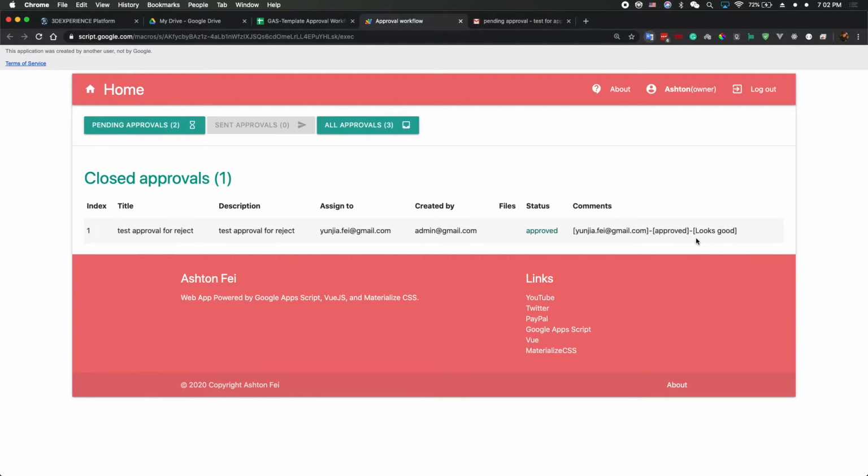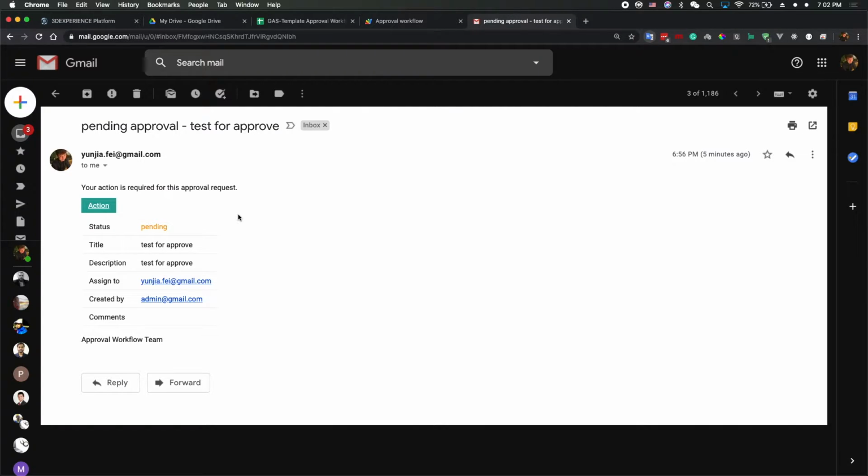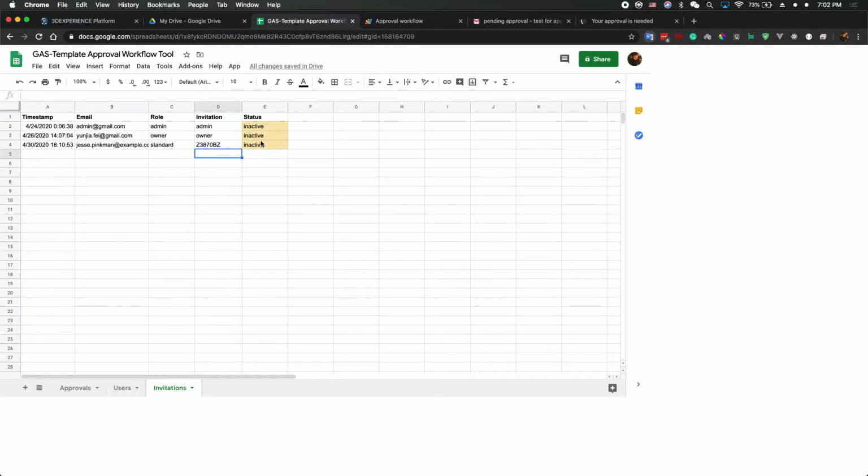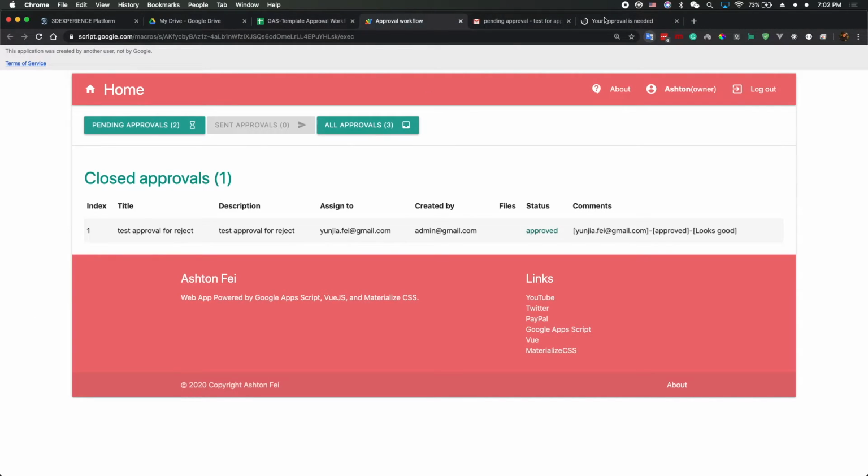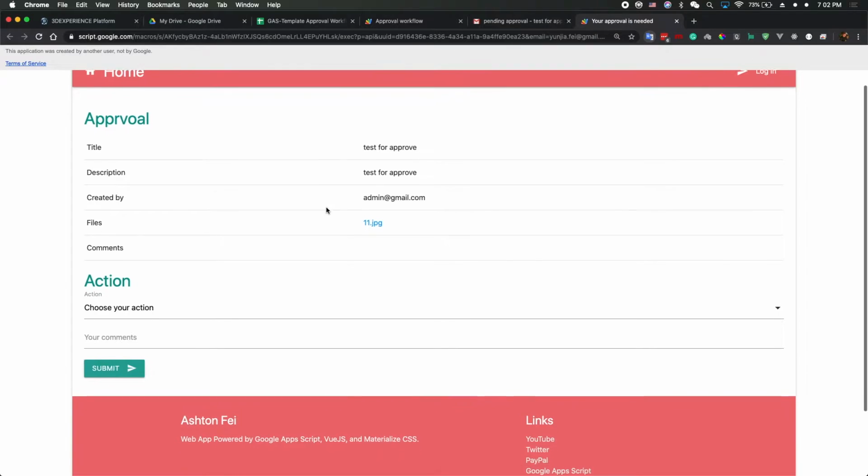put here. Okay. So if I go back to this email and click this action button, it will bring you to a new page. Okay. Since this is already approved, I think you don't have any action to do, but this page will